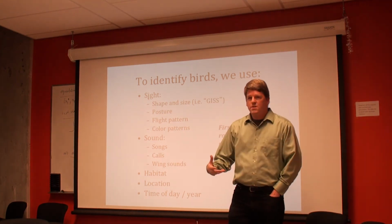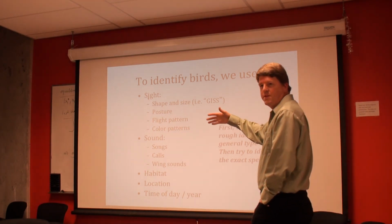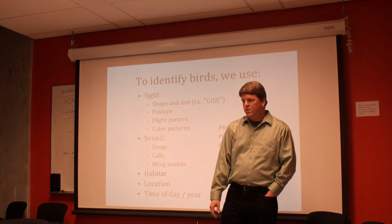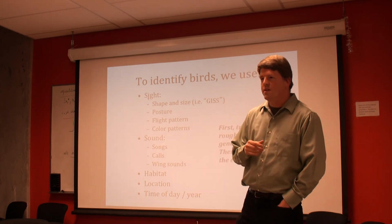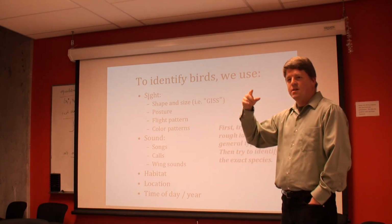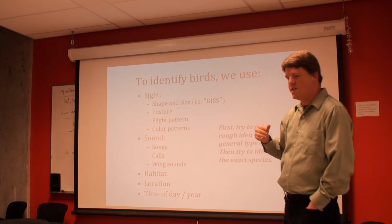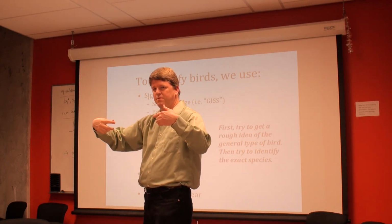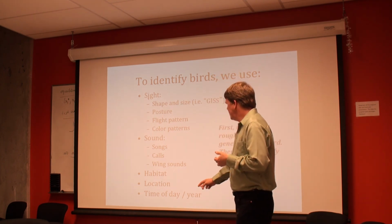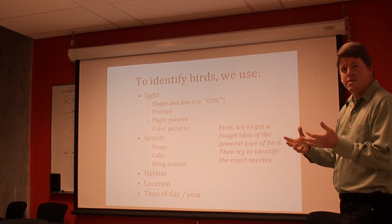Sound is really important. Songs. Song is defined as a mating signal that's primarily done by males. Calls are things that both males and females do throughout the year. And then wing sounds, some things like a Wilson snipe will actually make sounds with their wings. Anna's hummingbirds do that too. Have any of you heard Anna's hummingbirds around here do a display in the springtime where they dive down and there's this loud beep right at the base of their dive? That's actually made with tail feathers that flip out and flutter in the wind. It's this loud beep sound. It's pretty cool. And then you want to think about habitat. If you're in the dense forest here, you're likely to see some species that you just won't see